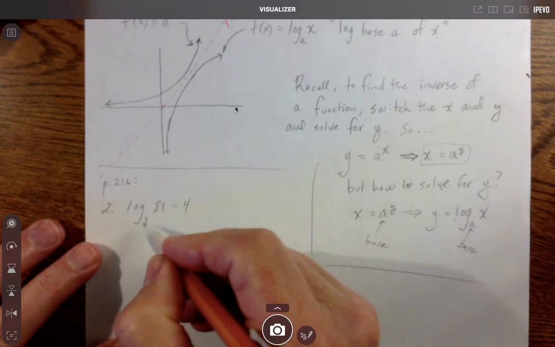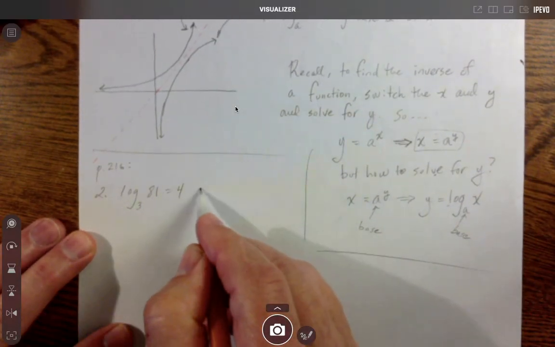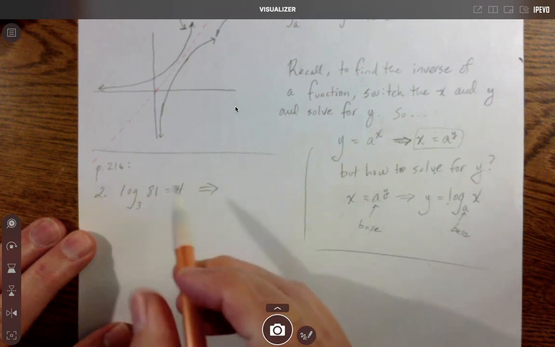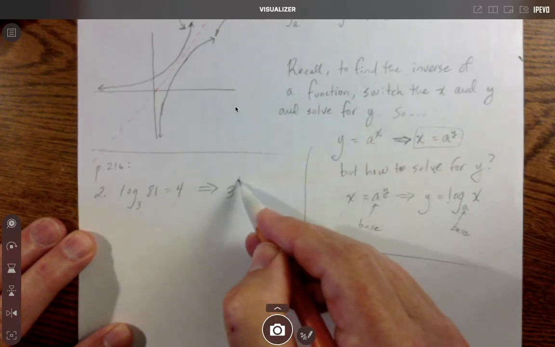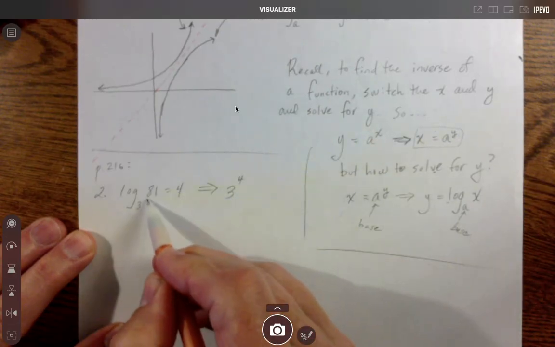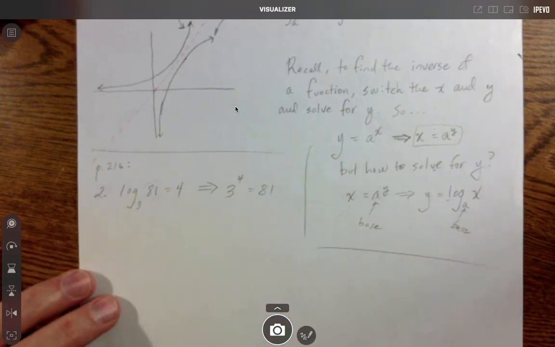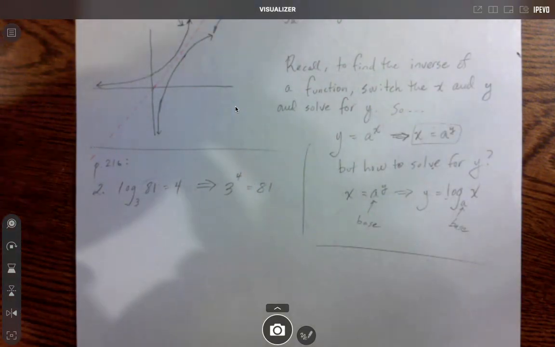What we're going to do is change this to exponential form. And it's pretty simple. If you want to write the same expression in exponential form, this would be your base, this would be your exponent, and this is what it's equal to right here, 81. And you could put that in your calculator and you would see that in fact,